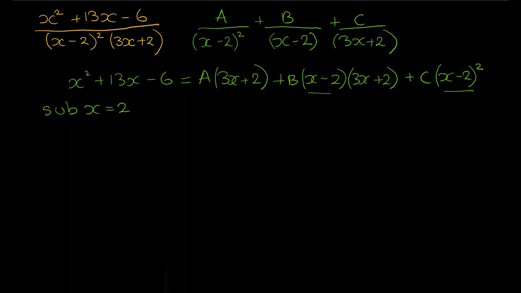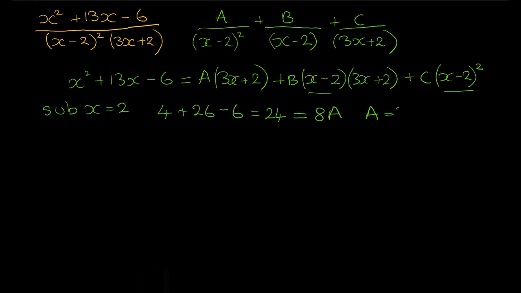So when x is 2, on the left hand side we're going to have 2 squared, which is 4, plus 13 times 2, which is 26, minus 6, so that equals 24, and that's going to be equal to a times 3 times 2 is 6, plus 2 is 8, so that's 8a,